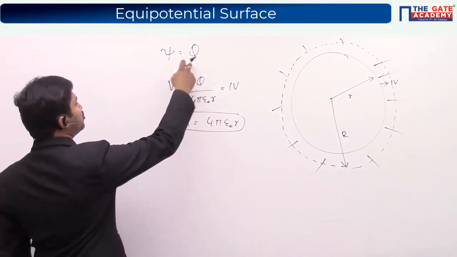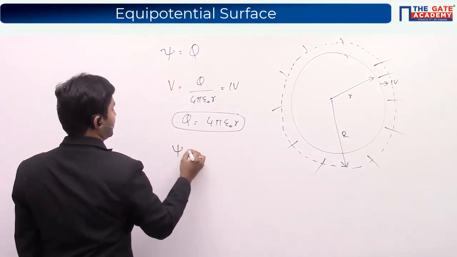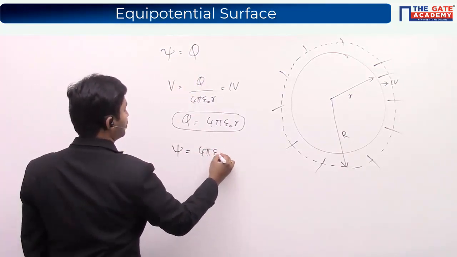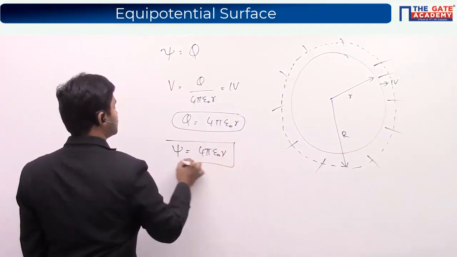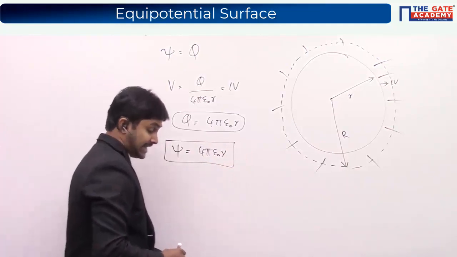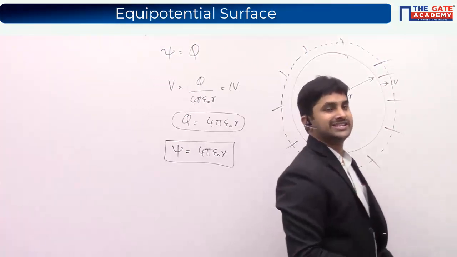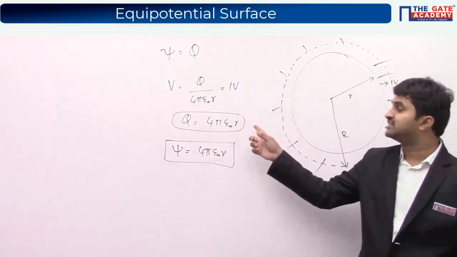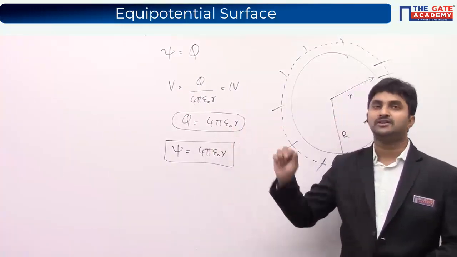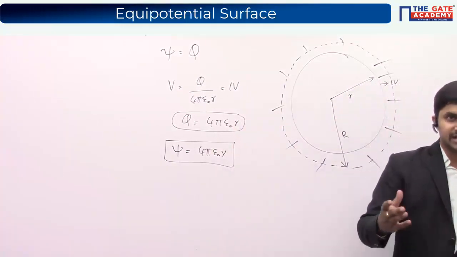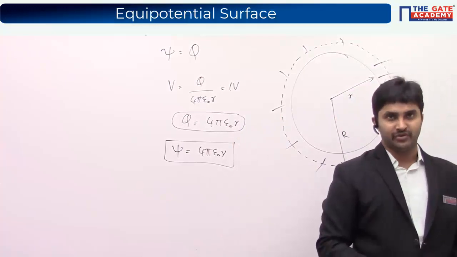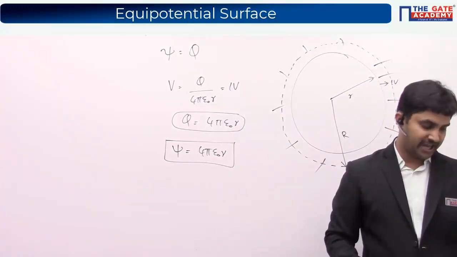We are substituting it. So we find that the electric flux which is coming out is equal to the charge enclosed, and the charge enclosed itself is nothing but 4 pi epsilon naught small r. So the answer is, as you have rightly said, all of you, very good. The answer is option A.